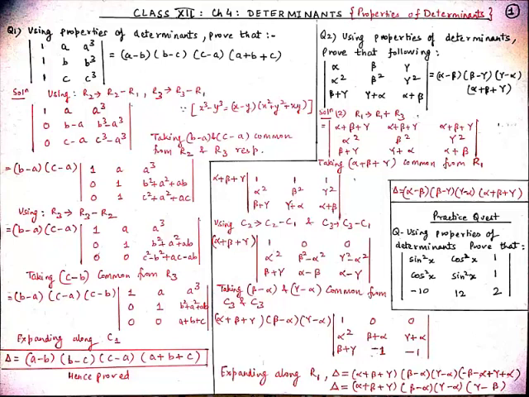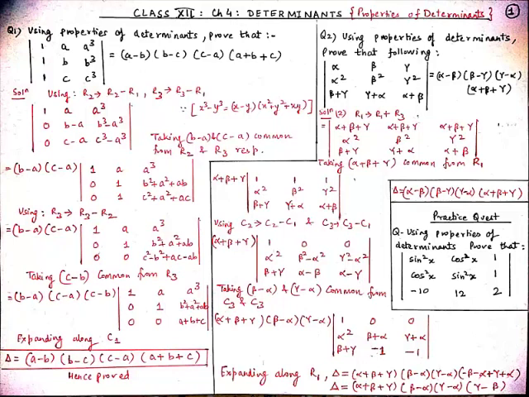So here, as you can clearly see, in this determinant we don't have three ones. So when we apply the operation R1 tends to R1 plus R3, the elements of row R1 will become identical, which is alpha plus beta plus gamma, alpha plus beta plus gamma, and alpha plus beta plus gamma. So from here alpha plus beta plus gamma is taken as common from row R1. So in our determinant we get 1 1 1, alpha square, beta square, gamma square, and then beta plus gamma, gamma plus alpha, and alpha plus beta.